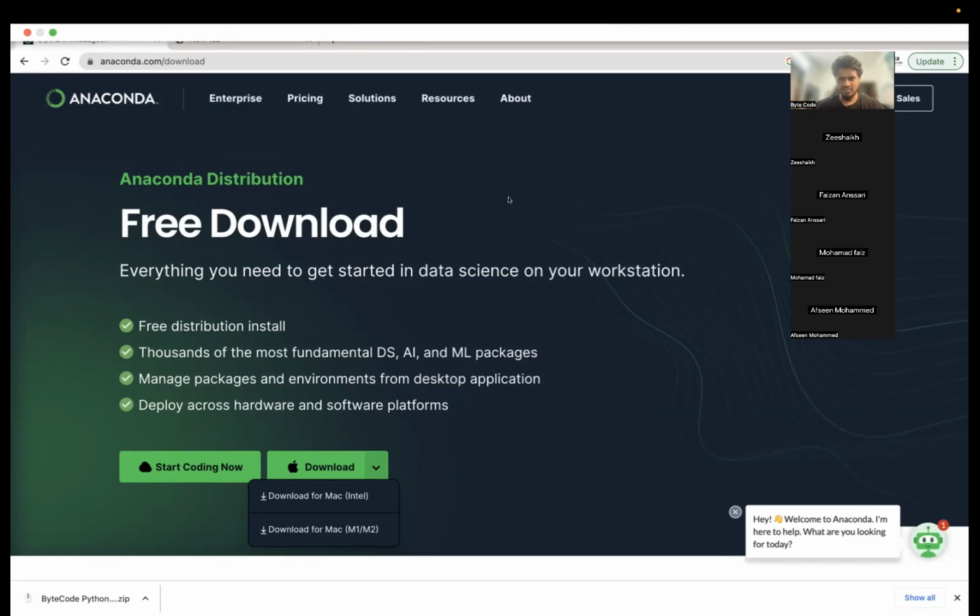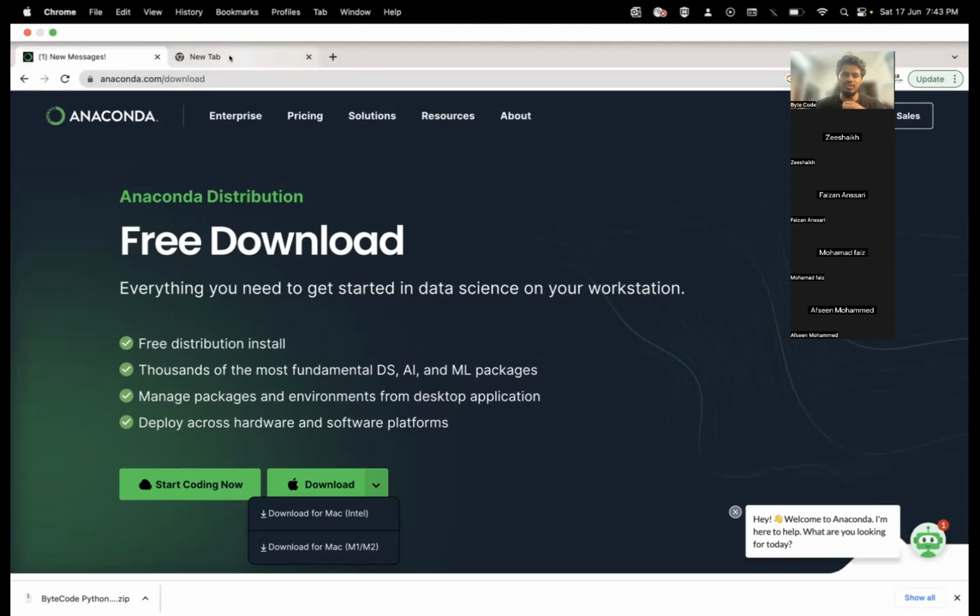Okay, so if I install this Anaconda distribution, it will by default install Python and its packages for me. Yes, Python and whatever packages. Okay. So whoever has a laptop, please go to this and download it. Once you have downloaded it, just keep it aside. You don't need to install it right now.